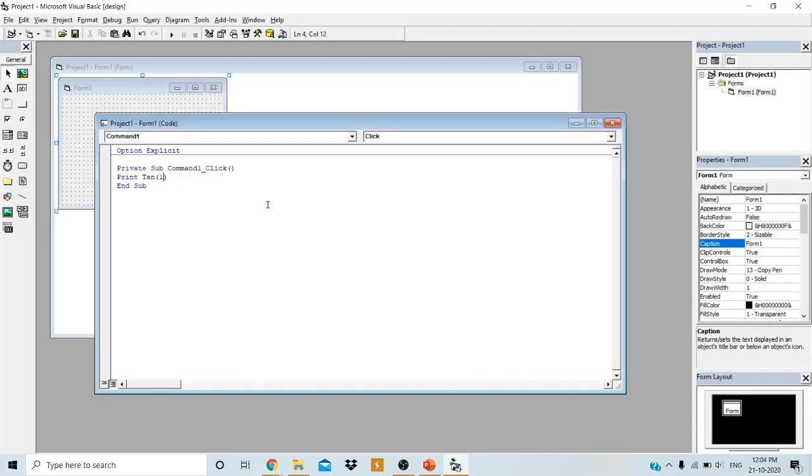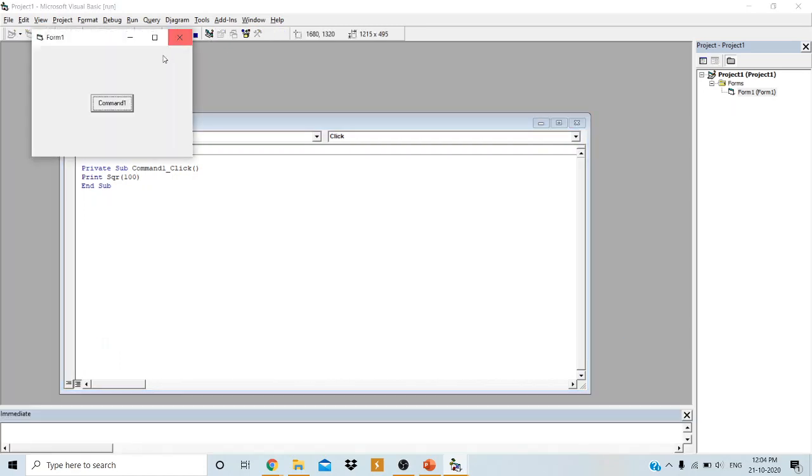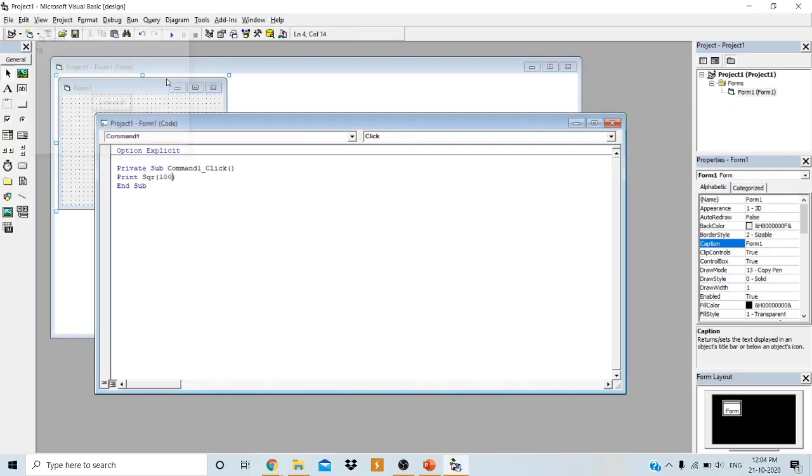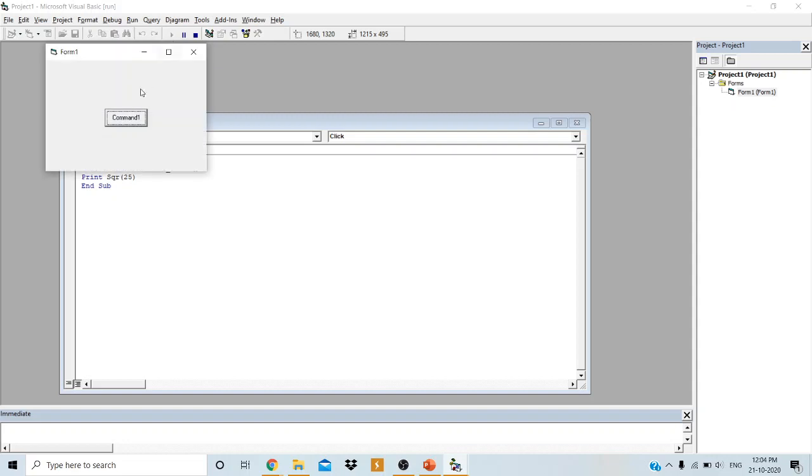SQR of 100, what will be the output? 10. If I give 25, 5 will be the output. Square root of 25 is 5, right?